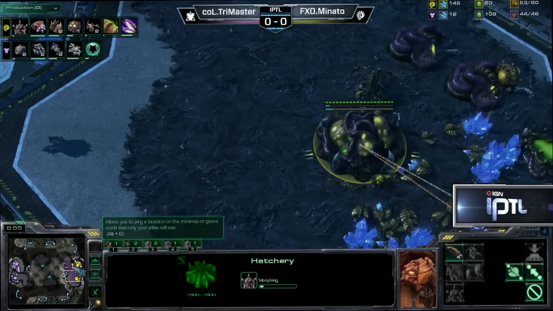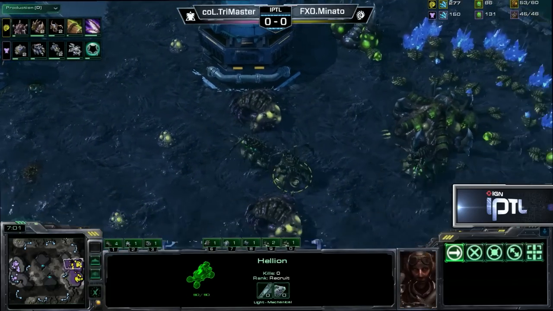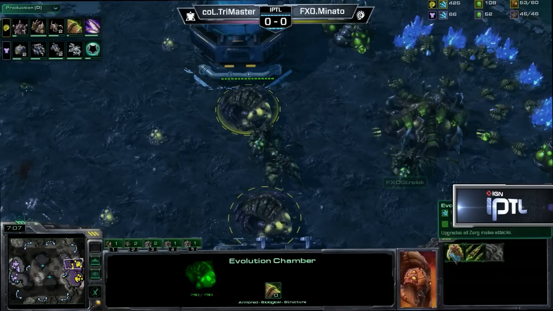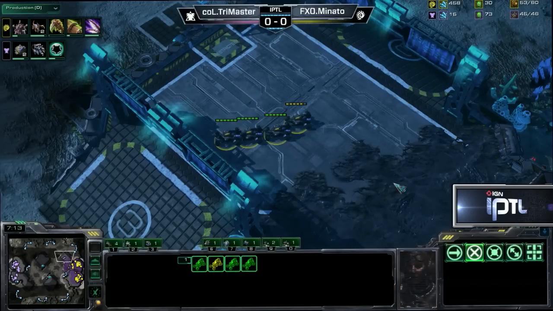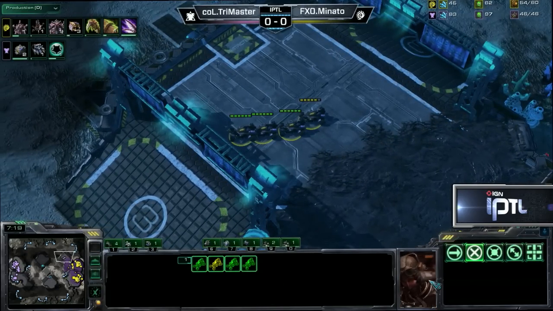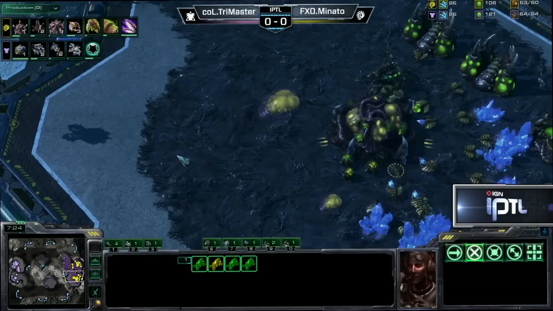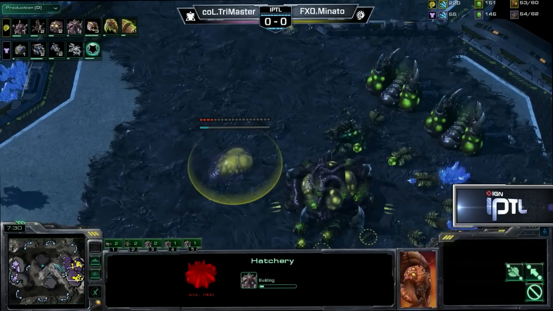And behind this, we'll see. The Hellions are coming in now. He does have a complete wall off with these queens, which is really, really nice, but it's going to be very difficult for Minato to grab a third base. So a lot of it's going to come down to this 2-base, but if he goes for a 2-base Muta play here, Kev, it is very strong versus the Hellion Banshee opening, and Trimaster is even going for Cloak right now. So this is kind of a rough situation for Trimaster at the start